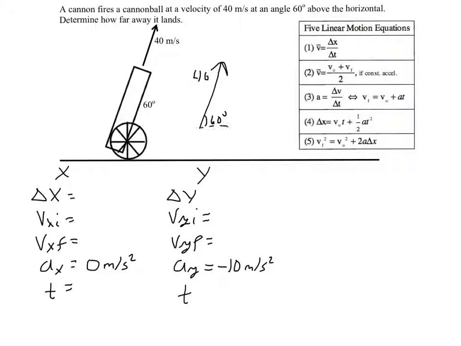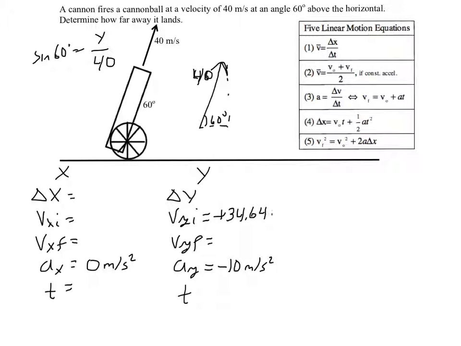So what I need to do is find out the x and y components of that in order to place them in here. So look back on how to break down components if you need to, but a quick assessment is if I take the sine of 60 degrees, that equals the opposite, y, over 40. That was the hypotenuse. So my y component is 40 times sine of 60. So my y component is positive 34.64